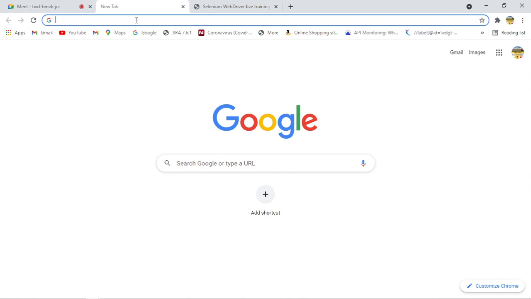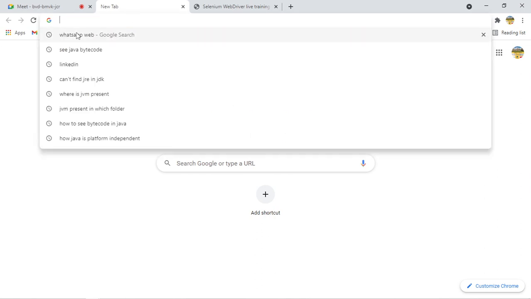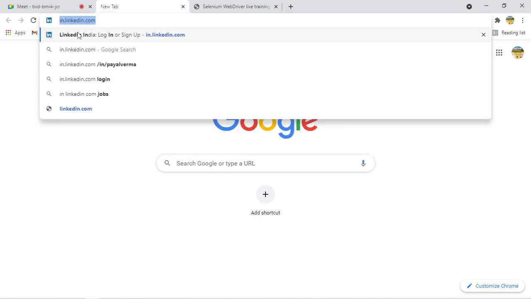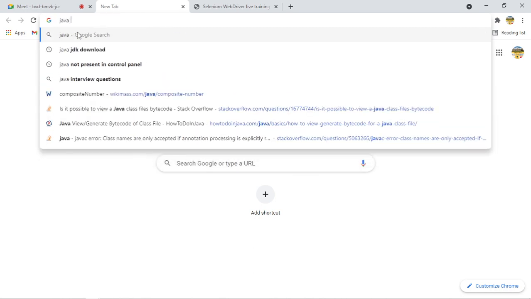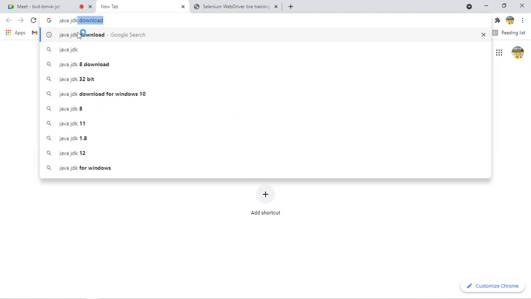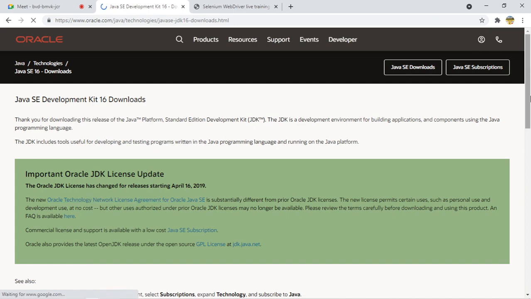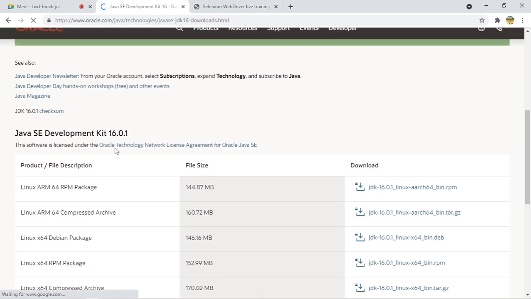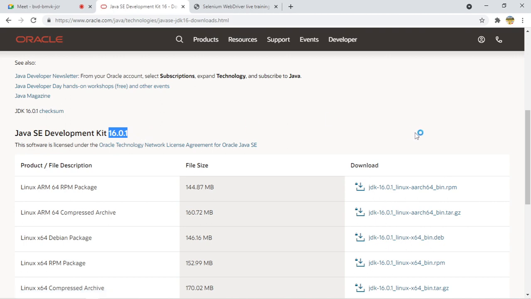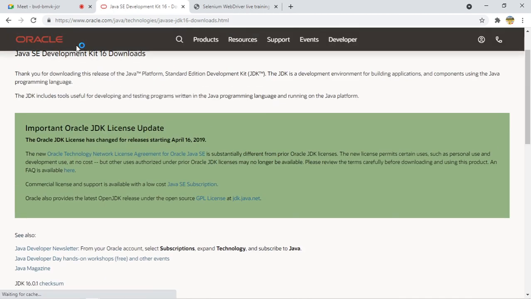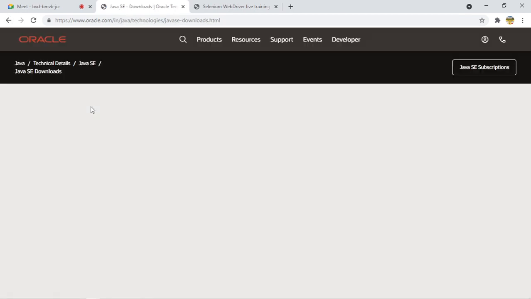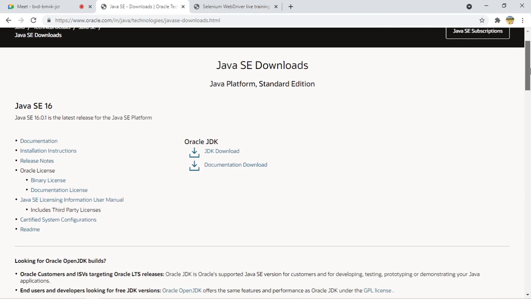When you install it for the first time, you just write here install, or you can just type Java. Try to do it with me so that you don't face any problem. Now go to their official website, or you can choose the second one. If you come down, this is the latest version, 16.0.1. If you want to take some other version, you can go from this first link. If I come down, you can see Java 16.